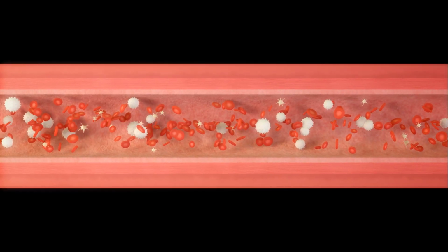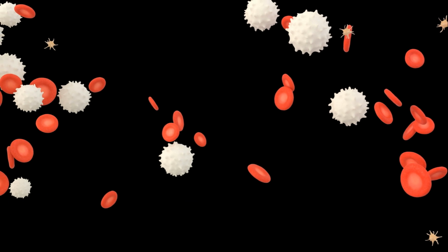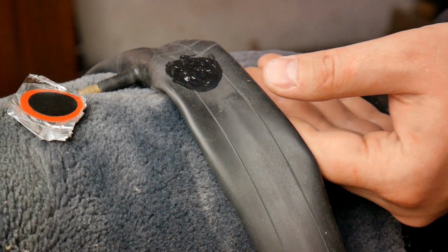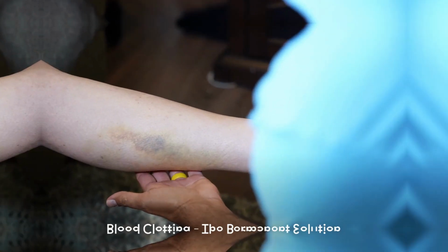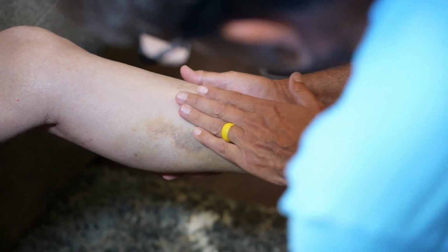This is known as platelet aggregation and is an example of a positive feedback homeostatic response. As more and more platelets gather and clump together, they form a platelet plug. The platelet plug acts like a temporary patch on a tire, sealing the area until a more permanent solution can be put in place. With the platelet plug in place, the body can initiate the third and final step of